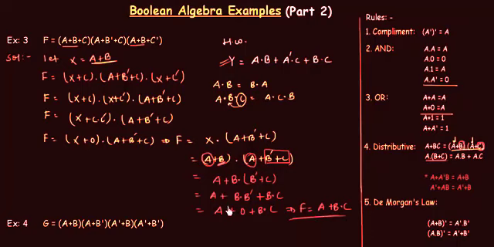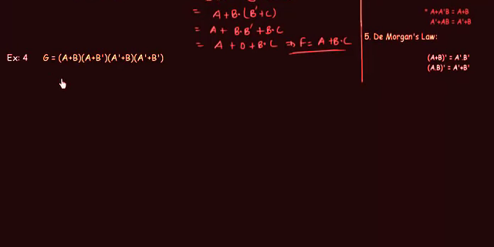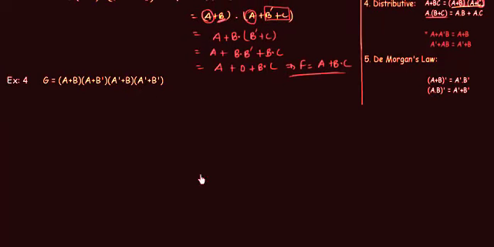So this is the way to solve the Boolean algebra, and I have used distributive laws. I have used a and a complement equal to 0. It is very important, and also I have used a or 0 is equal to a. Now we will see the fourth example, in which the function is g and it is equal to a or b and a or b complement and a complement or b and a complement or b complement. Again we will use the distributive law, because if I see the first two, in this a is common, and if I see the last two, in this a complement is common. So let's use the distributive law.